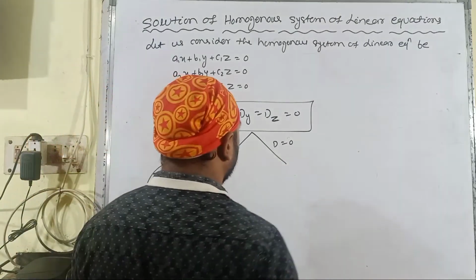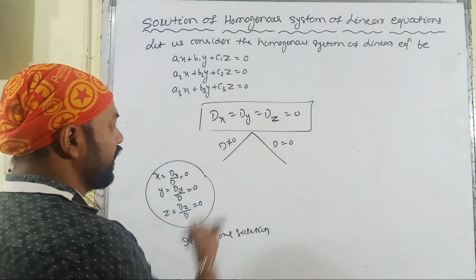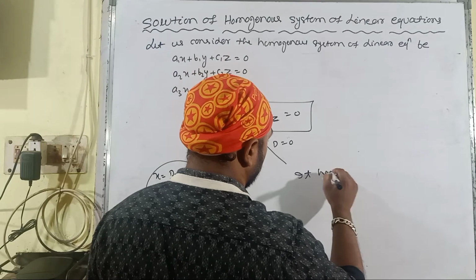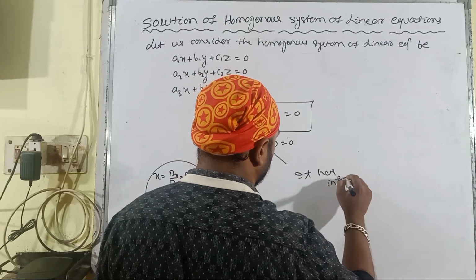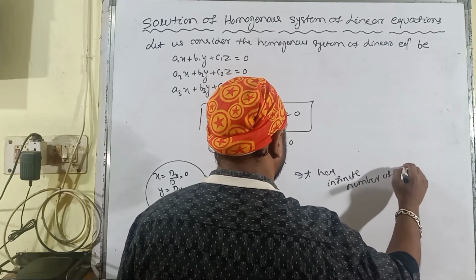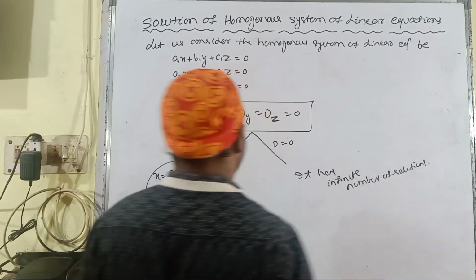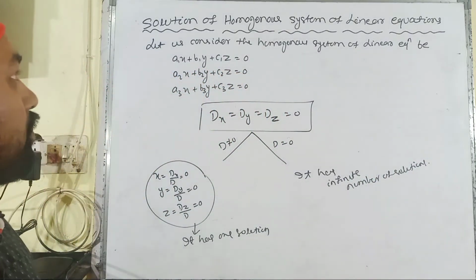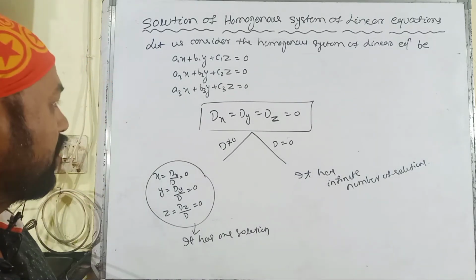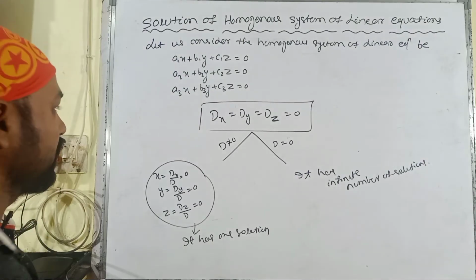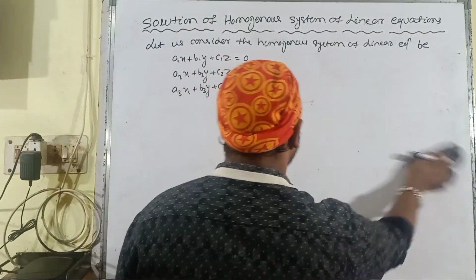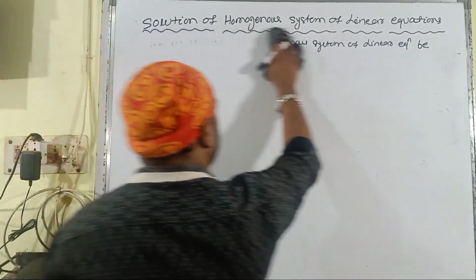But in case of D equal to 0, in the second case, all the values are equal to 0. So it has infinite number of solutions. So these two cases arise in the solution of a homogeneous system of linear equations. Right? Let us write down the notes here. What are the two cases and what are the two possibilities here? And then we have to go through one problem based upon this solution of a homogeneous system of linear equations.